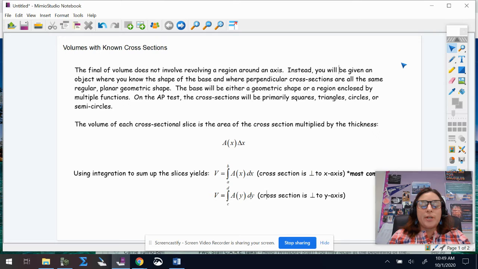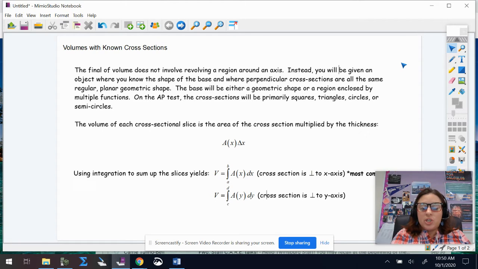Instead, what we're doing is we're starting with an enclosed region. So you'll have some sort of base. We call it the base of the solid, where we're going to know definitively what is that shape. Is it two functions that are intersecting to create the shape? Is it a kind of known shape? And then what's going to happen is we're going to slice that, and each slice is going to be a